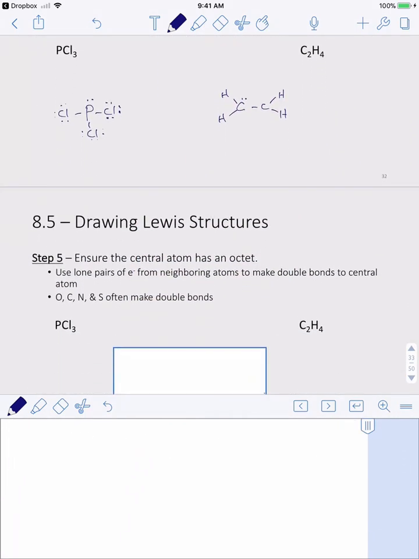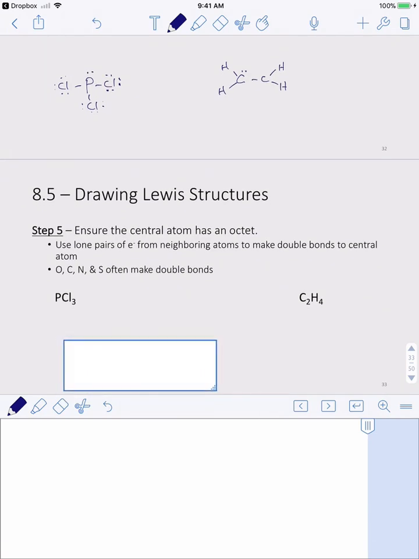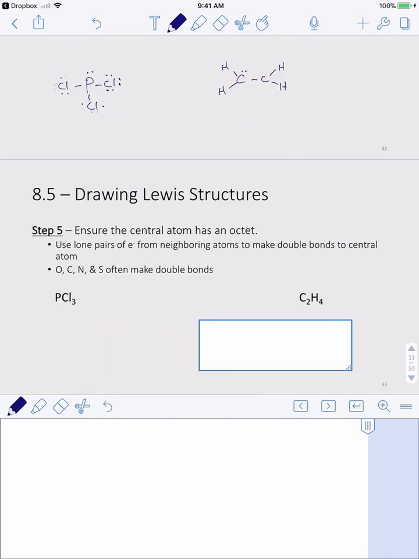So in step 5 it says, ensure that the central atom has an octet. Okay? And so if we don't have an octet at one of our atoms, an octet means 8 valence electrons, use a lone pair of electrons from a neighboring atom to make a double bond to the central atom. Okay? And then just as a note, oxygen, carbon, nitrogen, sulfur often make double bonds, so those are ones that you're going to look for. So again, PCl3, we don't need to do anything there, we're good. But for C2H4,